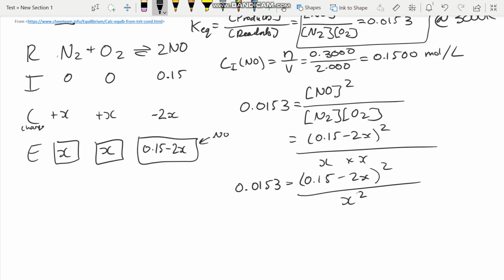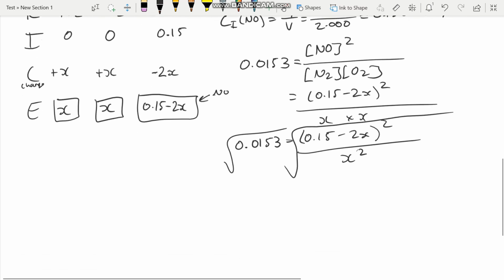Because you can see that this is squared and this is squared, if we square root this whole side, it gets rid of those squares. You just have to remember to square root this side as well. Otherwise, you'll get the wrong answer. If you square root one side, you have to square root the other side. So that's what we'll do. If I throw those into my calculator, square root of 0.0153 equals